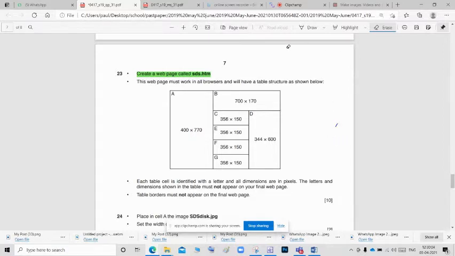See the first row. Okay, so this is the first row. The width is 700 plus 400, so the width will be 1100. See, this is the first row. If I am taking the first row, see the 700 and 400. So the total is 1100. So we want to change the width of the table to 1100 pixels.